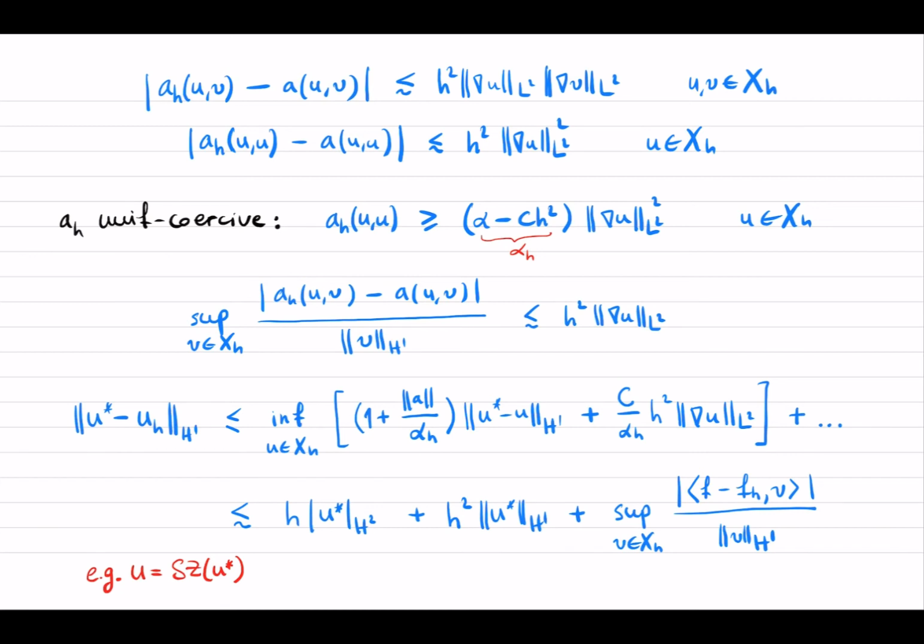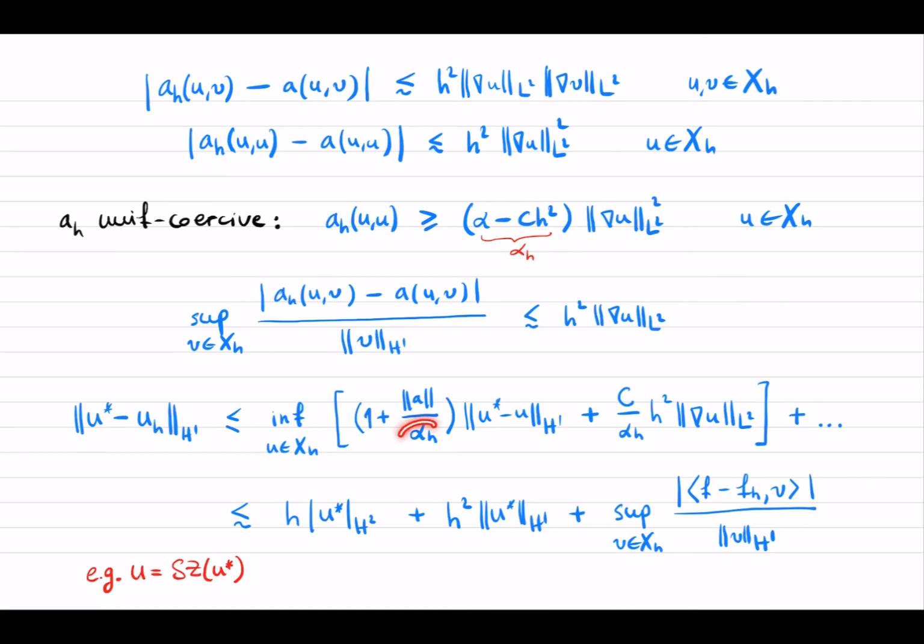In Strang's first lemma, we also need to bound such a supremum, and this supremum can immediately be bounded by h squared times the H1 semi-norm of u. Substituting this bound into Strang's first lemma, we will get this. So on the left hand side, we get the exact solution u minus the discrete solution u_h in the H1 norm. On the right hand side, we have the infimum over u in the finite element space, and here we have the